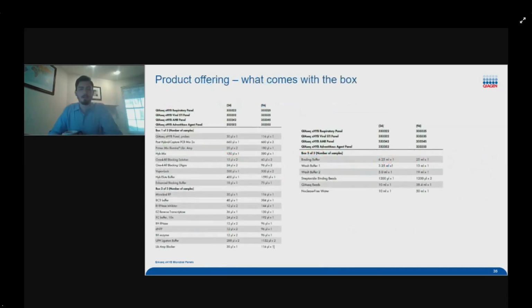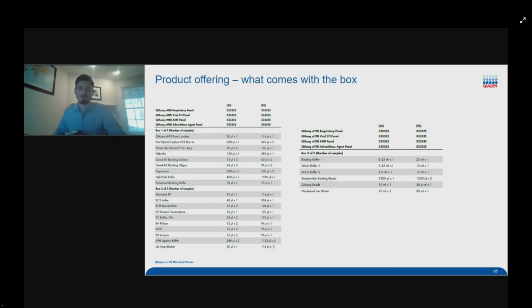And in terms of actual ordering information, what you get when you order any of these 4 panels is 3 separate boxes. So you receive the reverse transcription box, which comes with all the materials necessary for reverse transcription from total nucleic acid or just from RNA. And that is where that FastSelect is built in that I mentioned earlier. Now, if you go looking in this box for a tube that actually says FastSelect, you will not find it because it is built into one of the actual reagents that is used in the reverse transcription step. However, it is in there and does provide